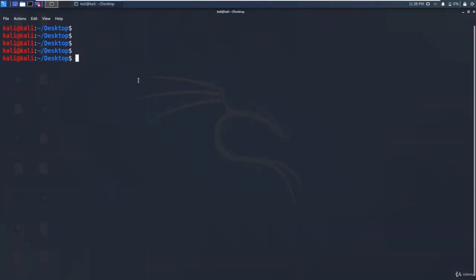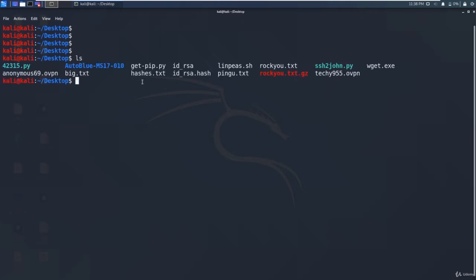So guys, in this video we will be seeing about Windows file transfers. In Linux we have tools called wget, curl, etc. These make life very comfortable, but in Windows there are no such tools, and we still need to download or transfer files from our Kali Linux machine to the Windows machine. So let's say ls. I have already downloaded this wget.exe from the internet. You can just download it from the internet.